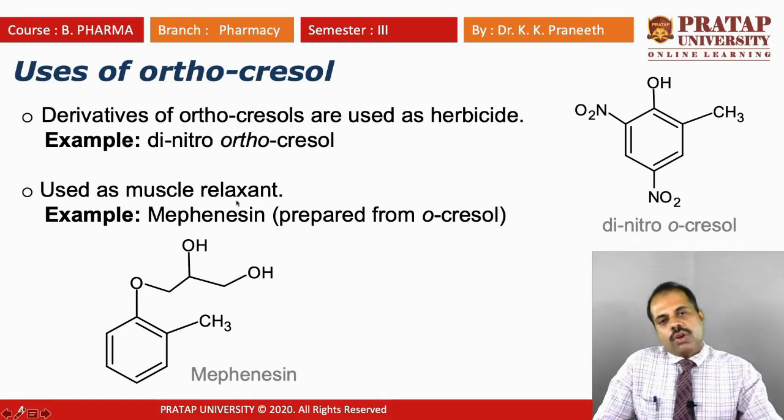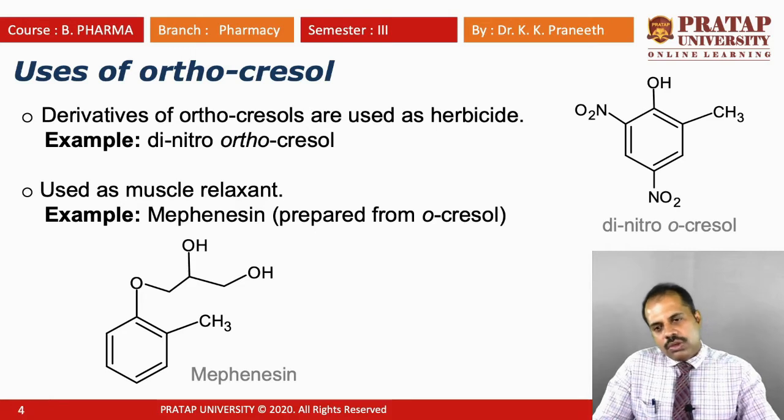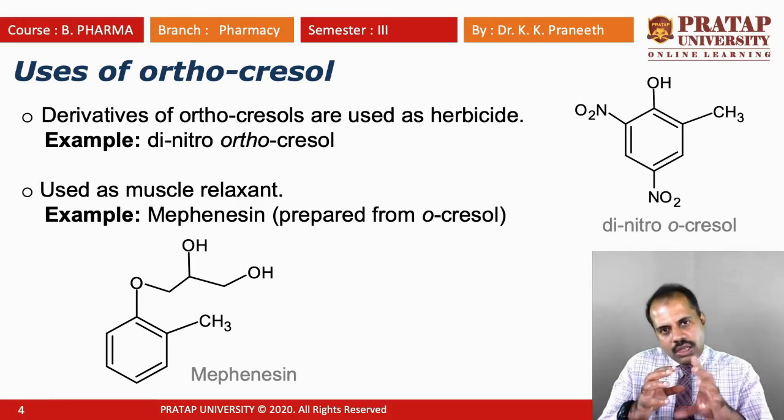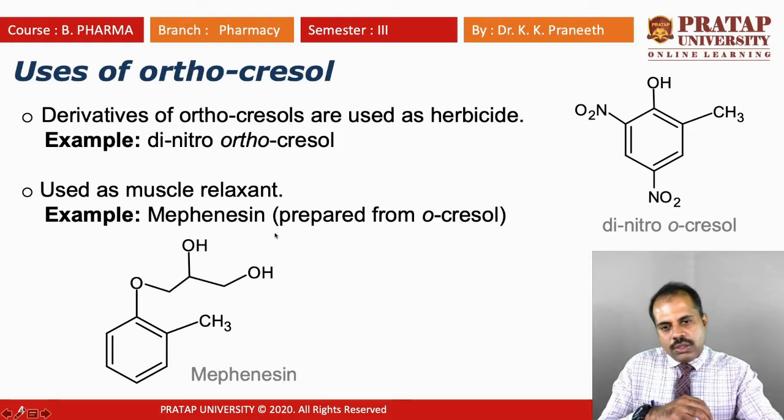Okay, if, for example, a sports person is injured and they want to treat the muscle, first you need to relax that muscle, right? So mepinazine is prepared from orthocresol. Okay, this is OH and CH3. If you functionalize the OH group to this group, it will become mepinazine and is used as a muscle relaxant, prepared from orthocresol. So in this structure you can see O, CH2, CH, OH, CH2, OH, right? This is CH2, this is CH. This carbon already has 3 bonds, so it should contain only one hydrogen, CH2, OH, mepinazine.